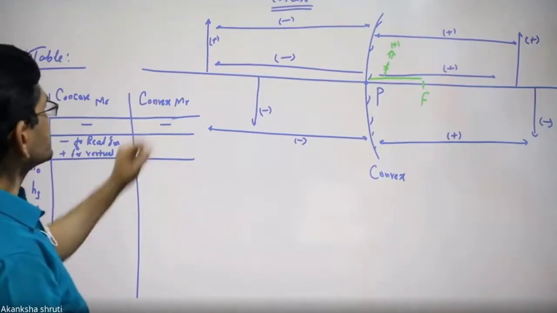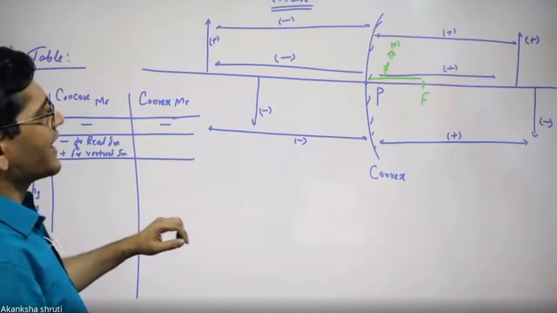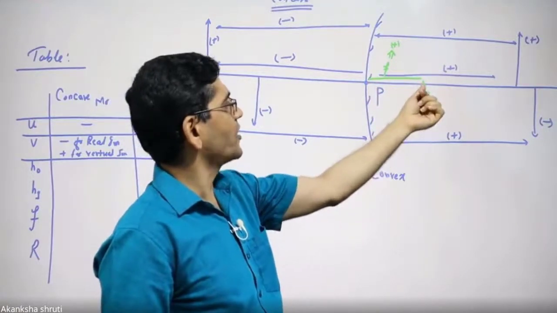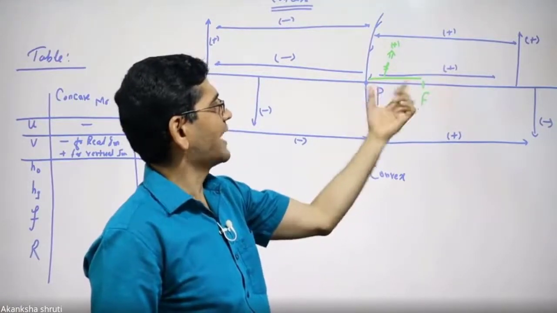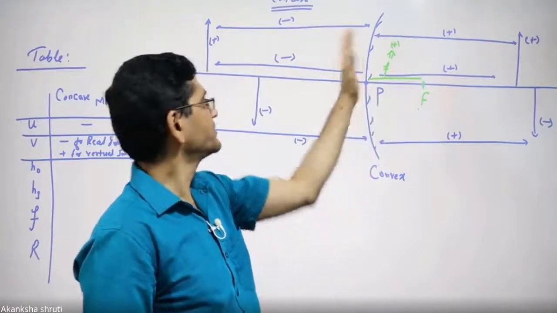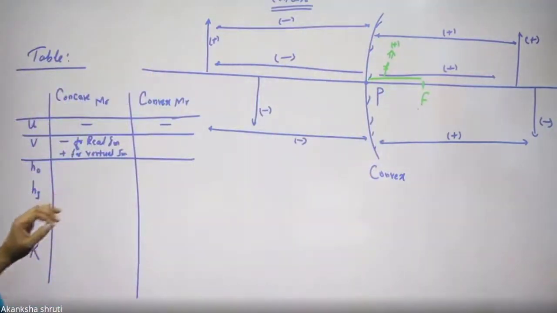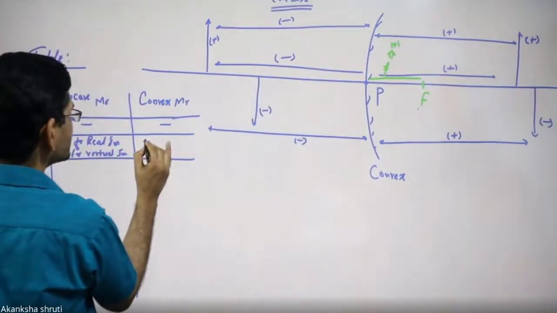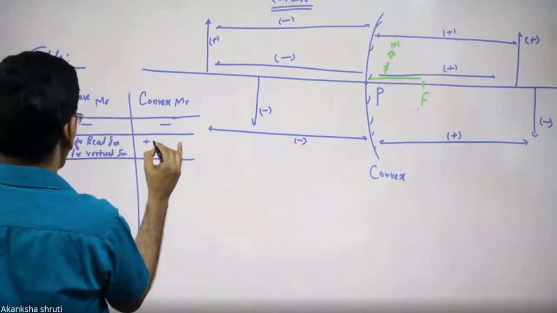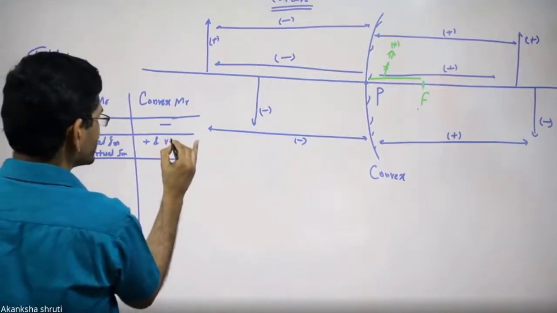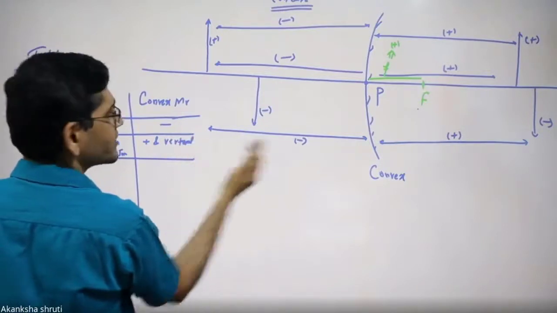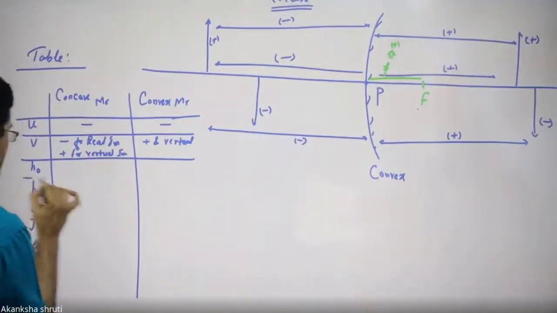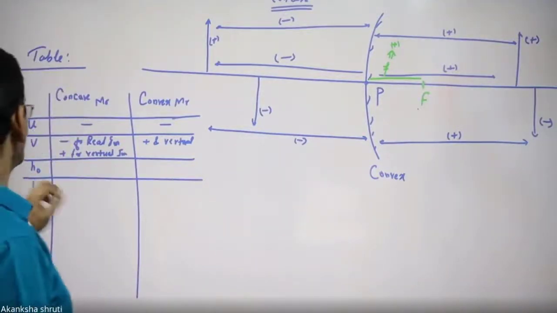Now coming to this convex mirror, we had learned that in convex mirror, the image is formed always between focus and pole, and it is on the right hand side only, irrespective of the position of object, which is taken on the left hand side. So v is always positive. And this positive indicates it is always virtual, that we had already learned. It is virtual.